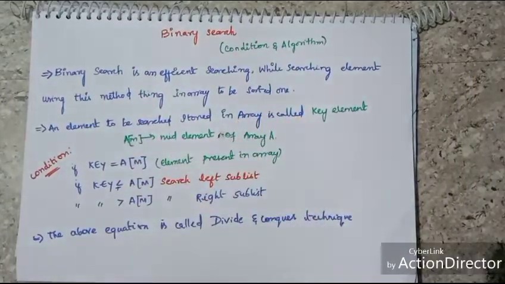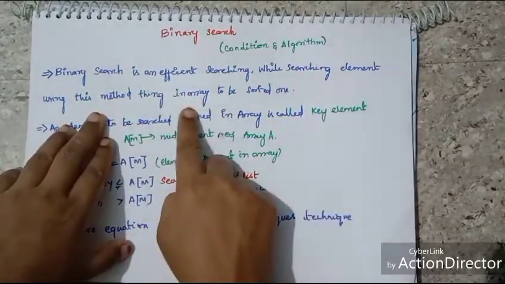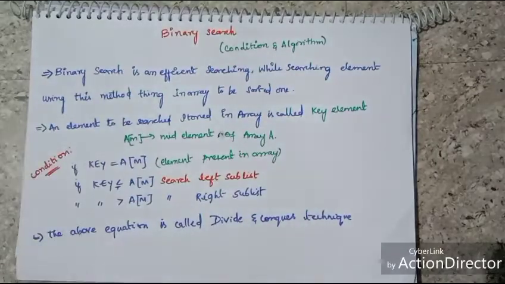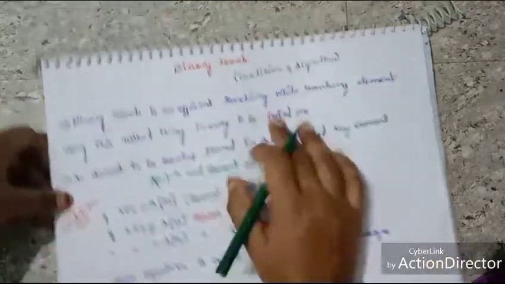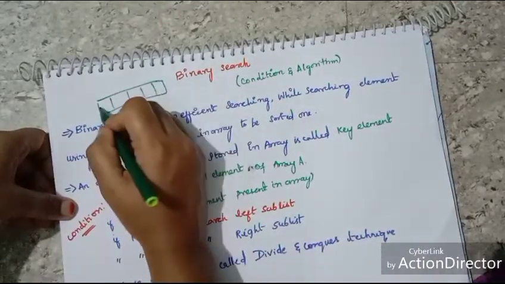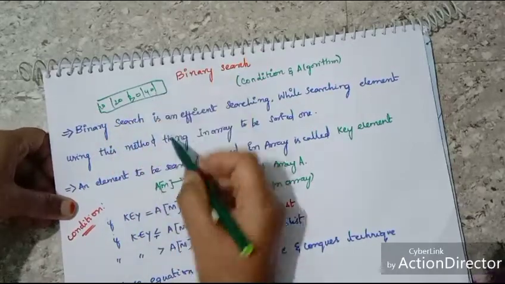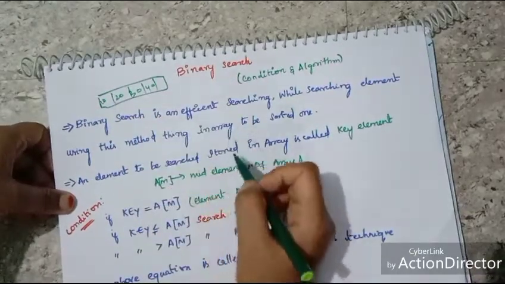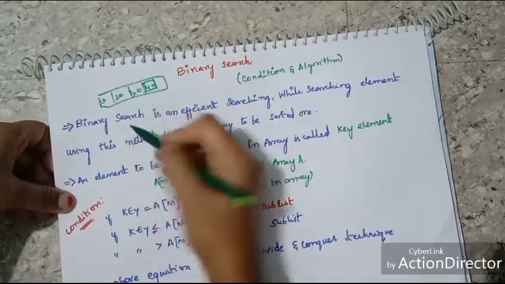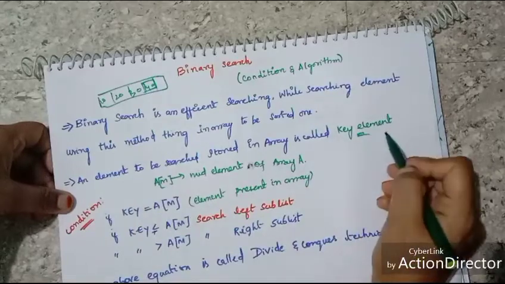It is an efficient searching method. While searching for an element using this method, the array has to be sorted. The elements inside it have to be sorted. So following the binary search algorithm, we are going to search whether any element is present in the array or not. The element that we are going to search, we call it the key element,